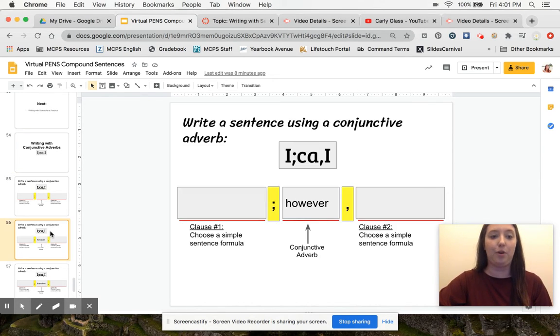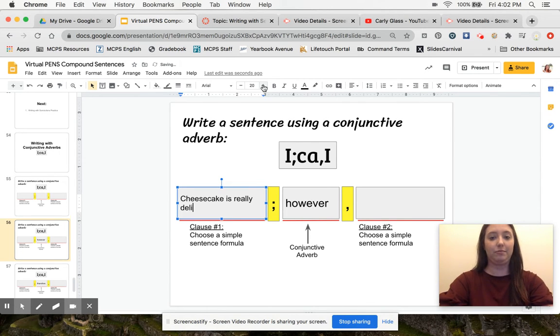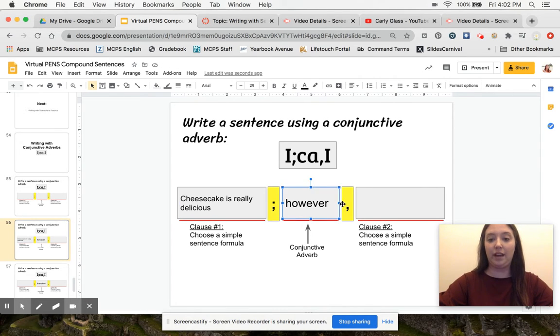Okay, so for example, we're going to use however. So remember, however, kind of like but or yet, implies some contrast. So I'm going to choose a simple sentence formula to go in the beginning. I am going to write about food because I've told you guys before I love food. So I'm going to say cheesecake is really delicious, right? Got my semicolon, however, comma,